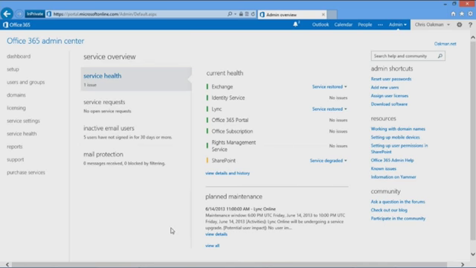So this is new and so much better. I like it a lot better. Everything's right there in your face. It's right there, which is really cool. Yep. So we've got a planned maintenance for Lync on the 14th at 11 a.m.